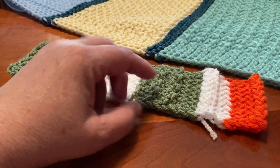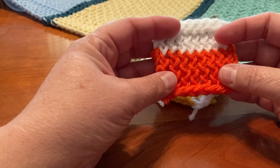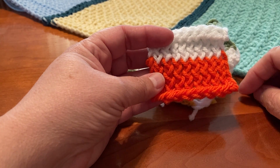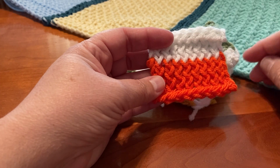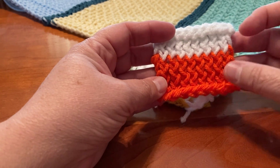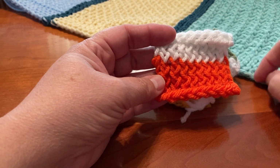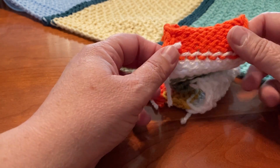and help you out. First of all, the easiest is EREP. If you're just EREPing an afghan, no borders, a scarf, or whatever, and all you're doing is EREPing, it's easy. You just EREP, change your colors, continue EREPing with the new color, and your dashes will all be on the